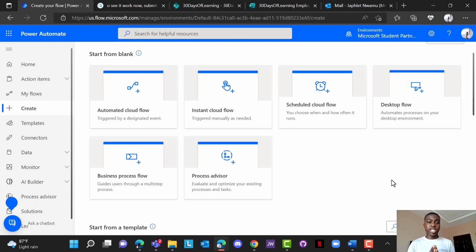The next class, Monday and Tuesday, would walk us through a little more complex solution, connecting different connectors in Microsoft Power Automate and showing you how to utilize this. Again, if you have questions, please be sure to ask them in the Discord server. You have mentors and myself here and other cloud advocates at Microsoft who will be glad to respond to your